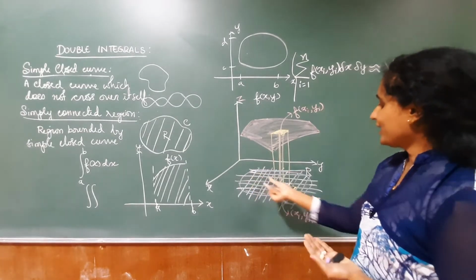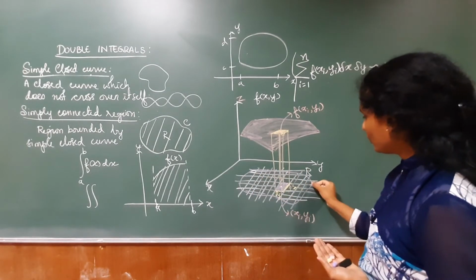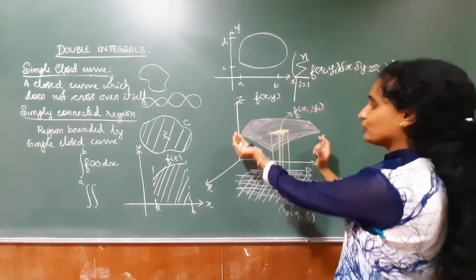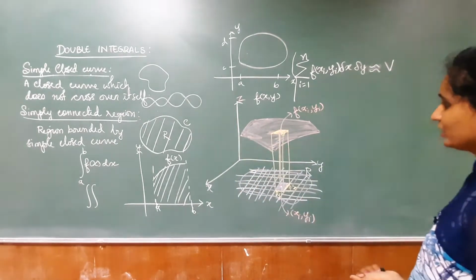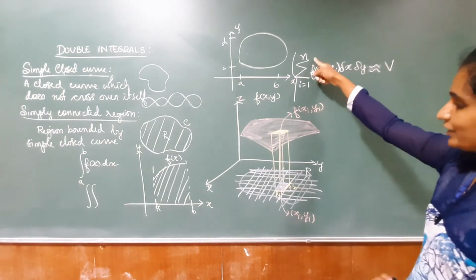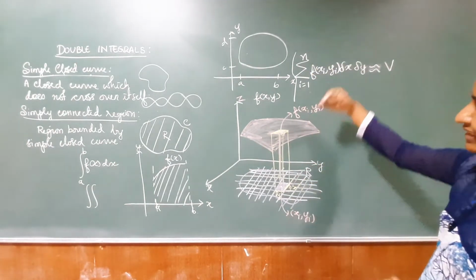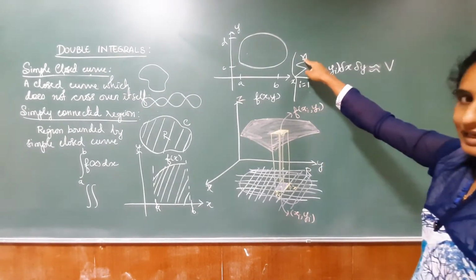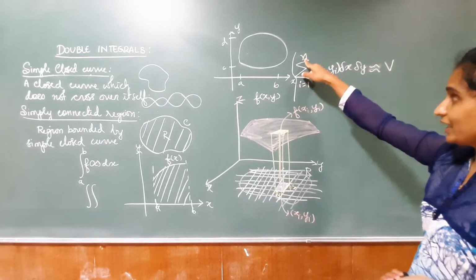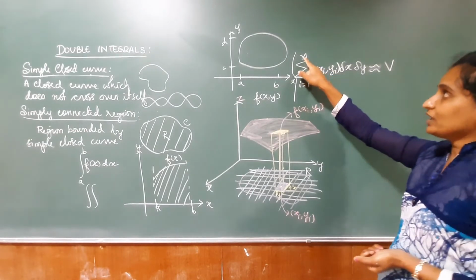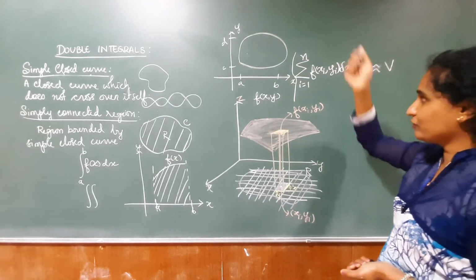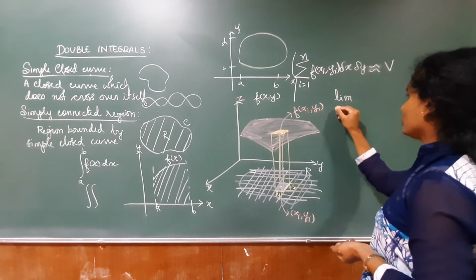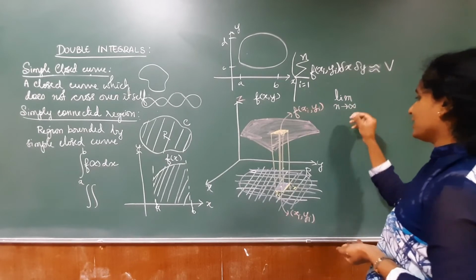Therefore, the more smaller rectangles I take, the more of the region I can cover with rectangles, so that the entire volume of the solid comes up with me. So what should I do? What do I mean by taking more rectangles? Taking more rectangles means first I had n rectangles, and now n is increasing. The number of rectangles is increasing. That means I go on increasing the number of rectangles.